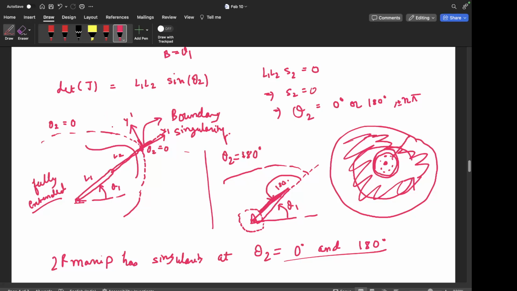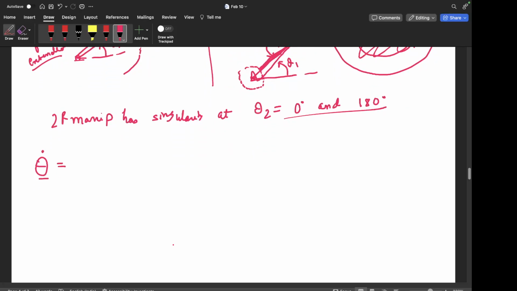No, not exactly. So let me put it once again. Let's say you are at this position, right? Fully extended position. When you say that you have a 2R manipulator and you are working in a 2D plane, you say that you can reach any point x comma y, right? But once you reach the edge of the workspace, let me draw it once again. This is a workspace,